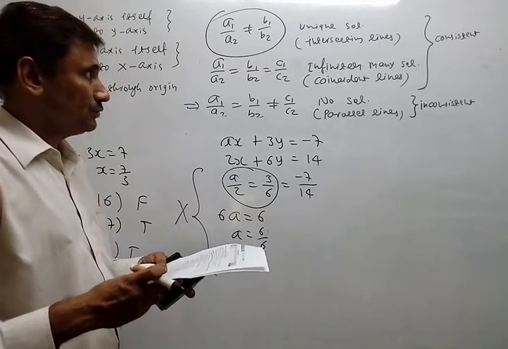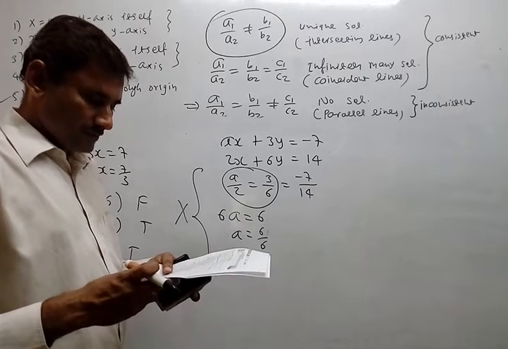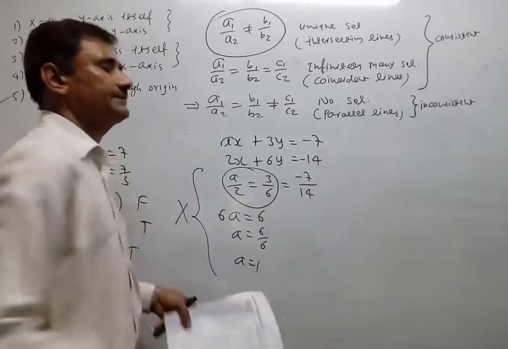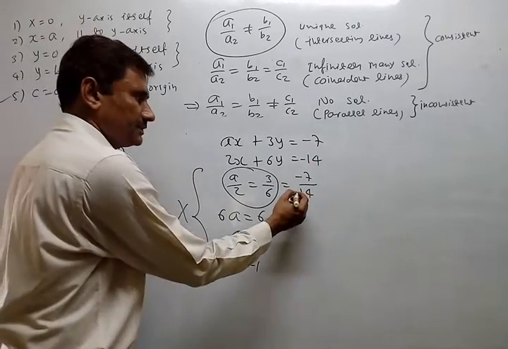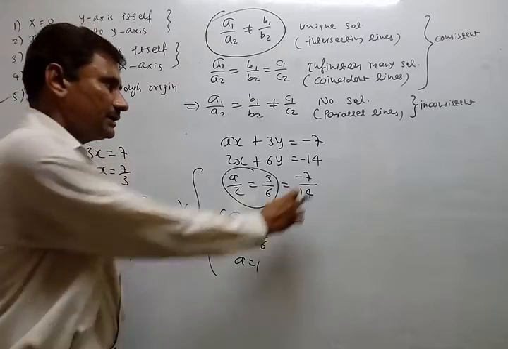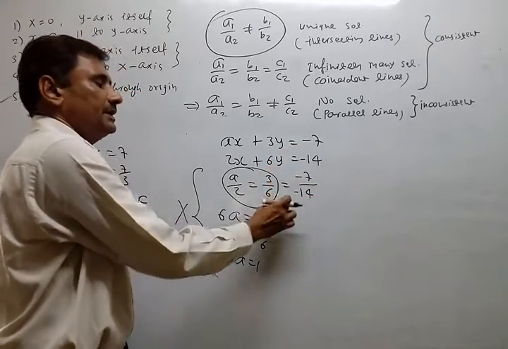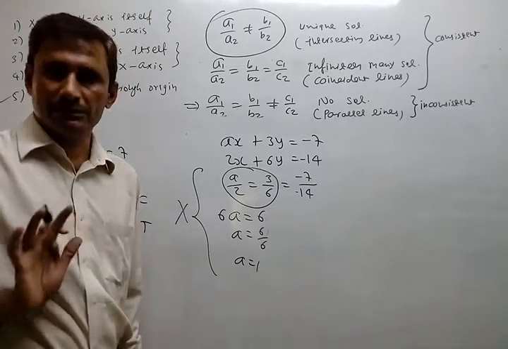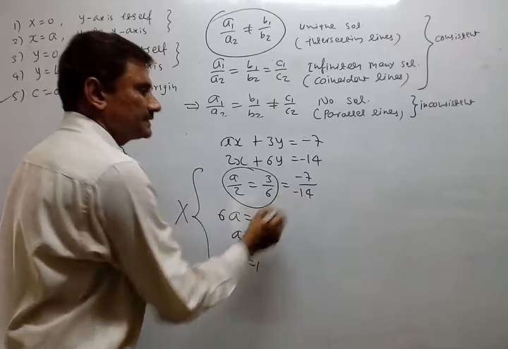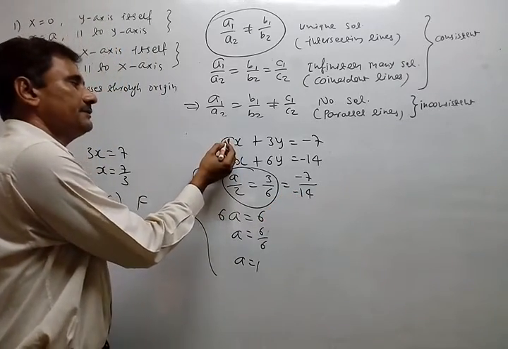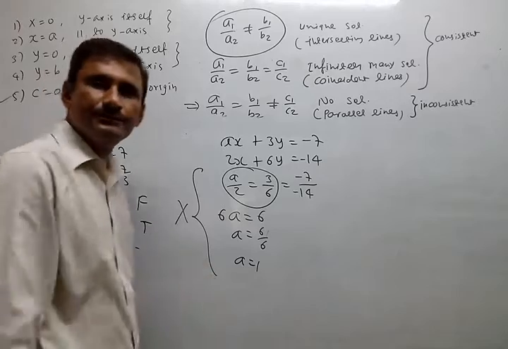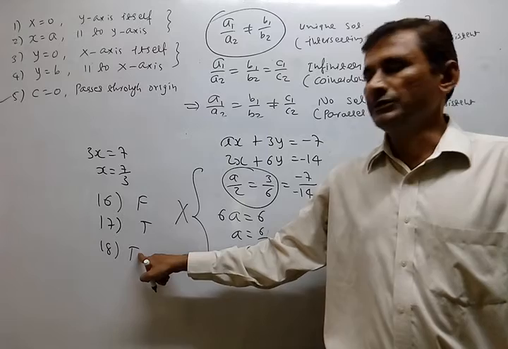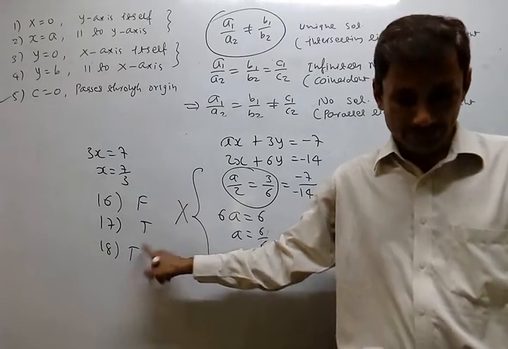Infinitely many solutions, so obviously the last ratio should be equal. So instead of 14, write down minus 14 here. Make the correction here, minus 14. Otherwise the question becomes wrong. Okay, we are not using that condition, but even then it should be minus. Either both should be positive or both should be negative. Now just look, either place 1, so 1 by 2, 1 by 2, 1 by 2. Okay, so directly, without any calculation, you can give the answer that a should be 1.